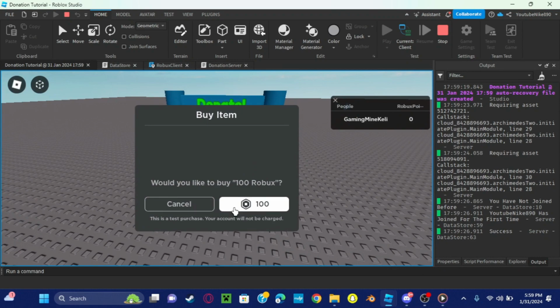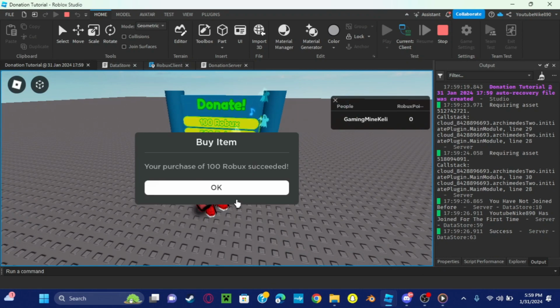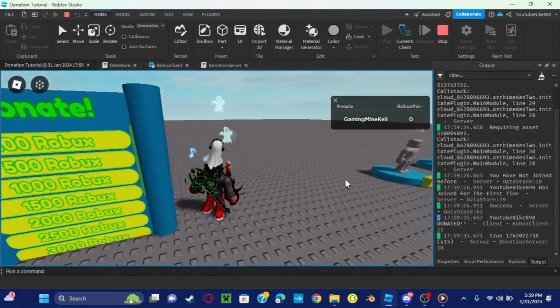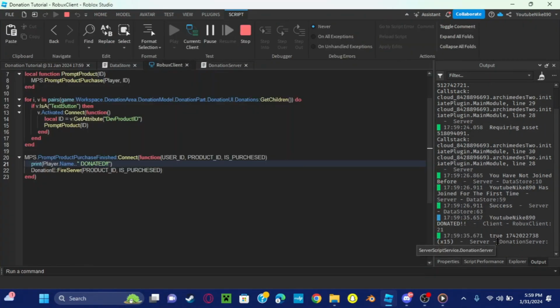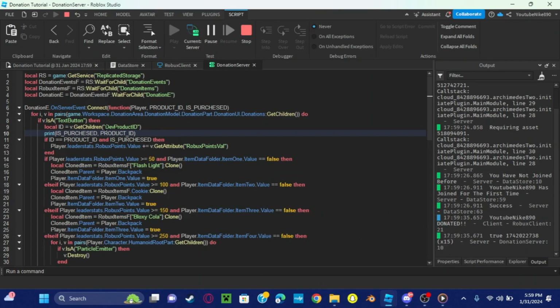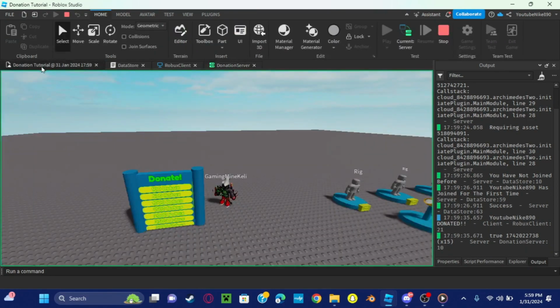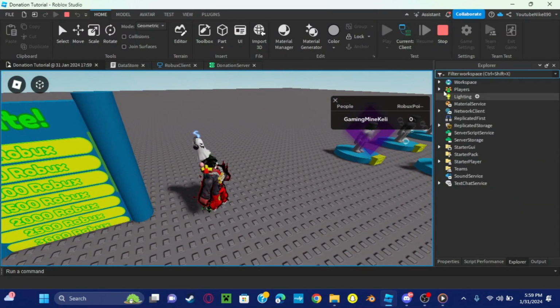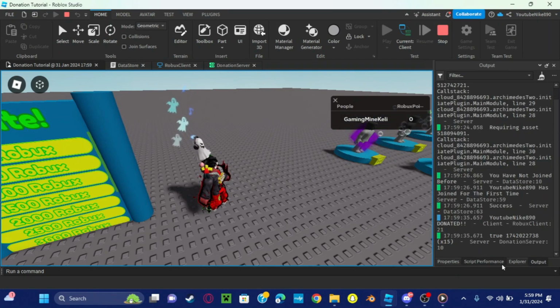And if I buy it, will it show? Okay, it said I donated, right? And it said it was true. So I mean, it should have gave me, yeah, should have gave me,